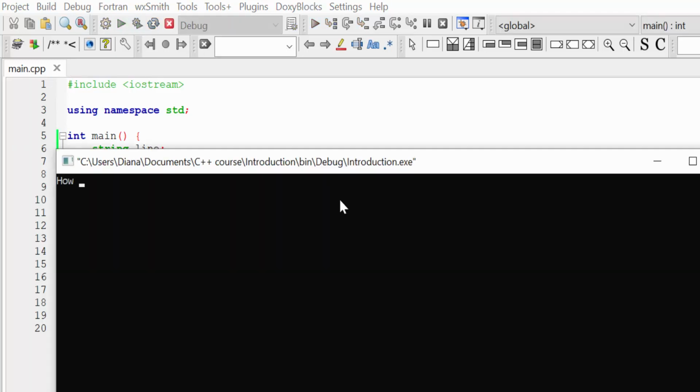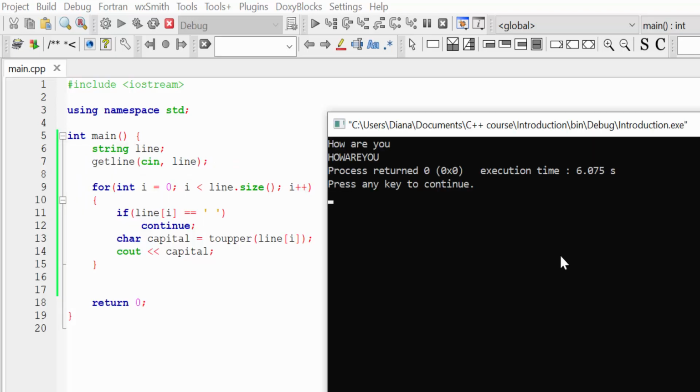And once again, let's type our line "how are you". And you can see that now the result is our line in capital letters but without spaces. So what's going on in our loop now? In each iteration, we check if the symbol char we are looking at is space. If it's not space, we execute the rest of the code.